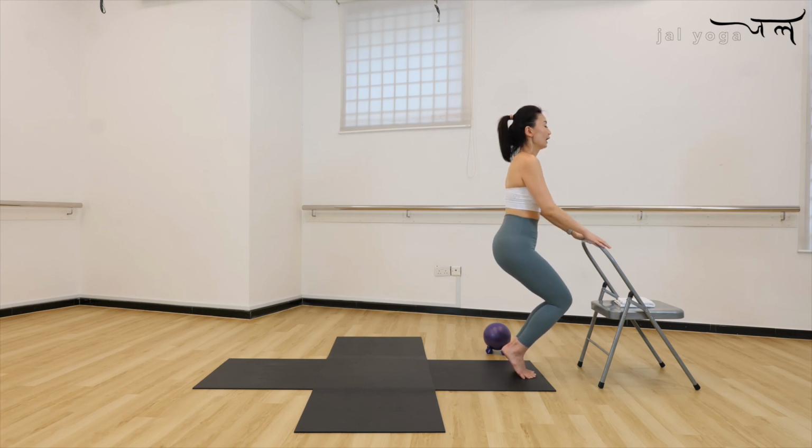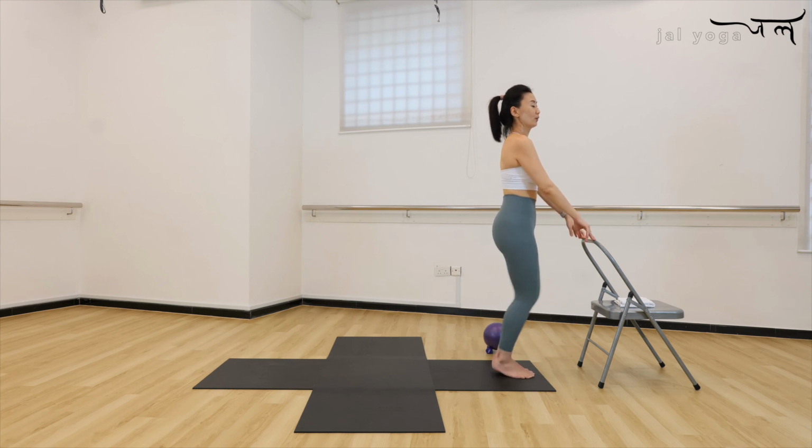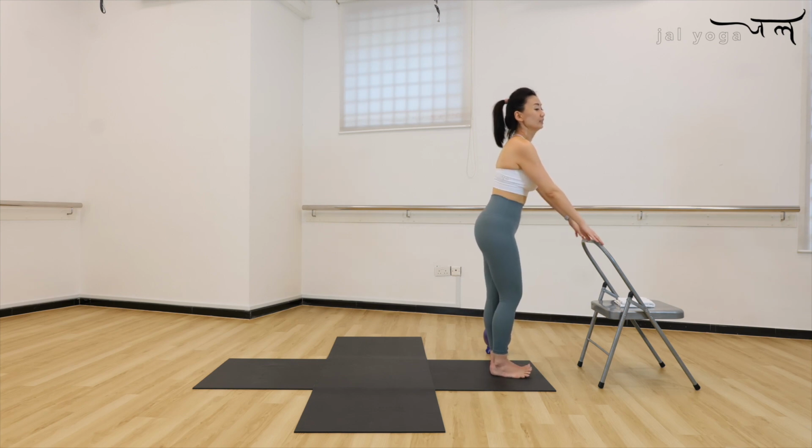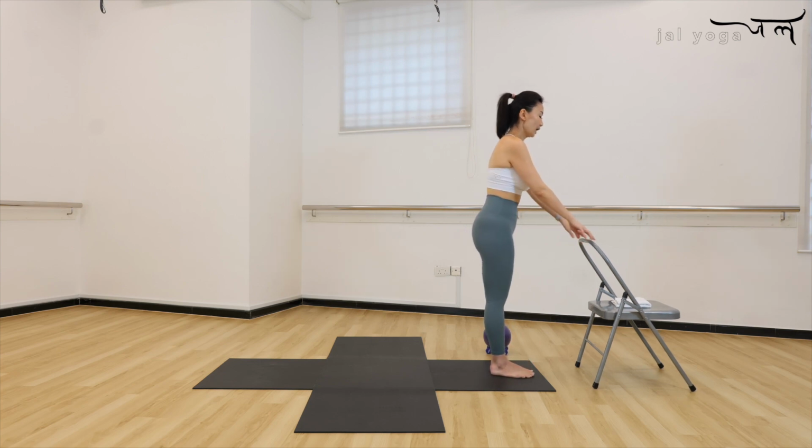Stay. Sit low. Last 5. Smile. 4, 3, 2, and 1. Bring the heels down and come up. Burn. Okay. Ready? This is only a warm-up for your glutes and your thighs. This time round, we are going to